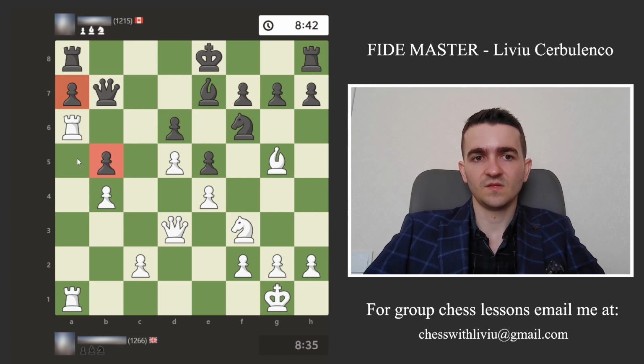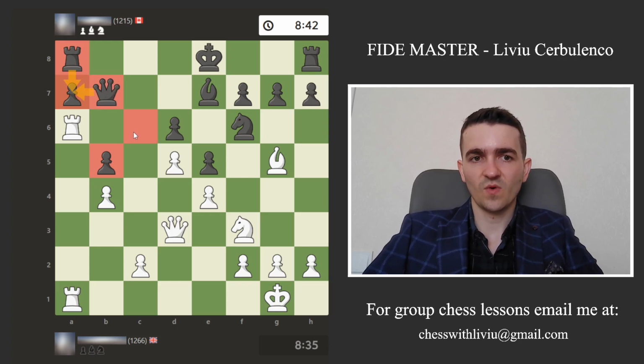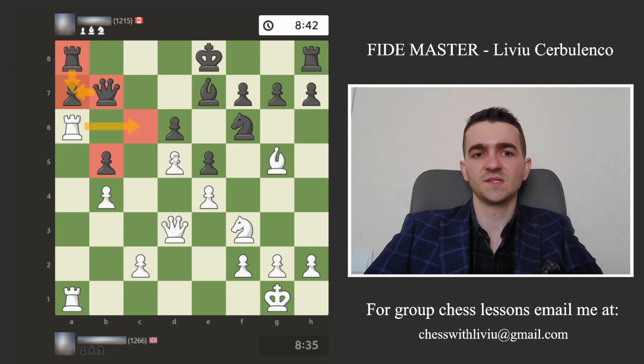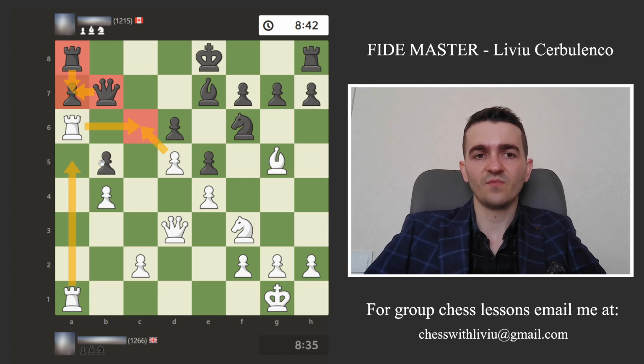And this is a very good structure for white, very bad for black. Pawns are disconnected, b5 is weak, a7 is weak. The rook is tied through the defense of a pawn, as is the queen. c6 is a weak square, by the way, so potentially we can play rook c6. Great outpost. This pawn is weak on b5, so we can play rook a5, put even more pressure on